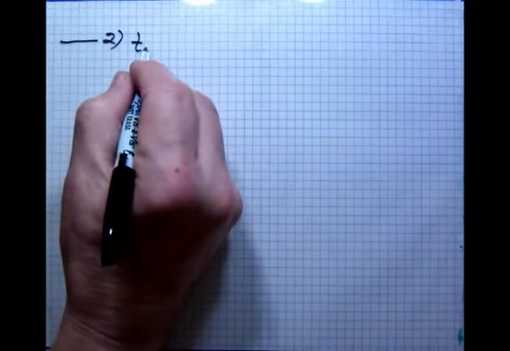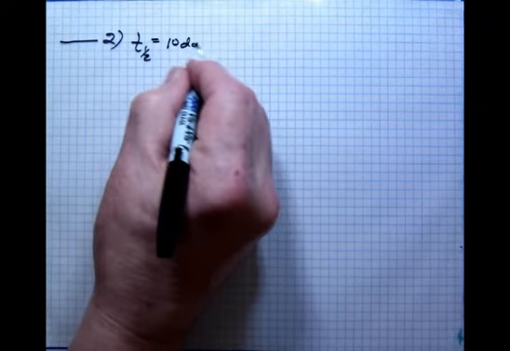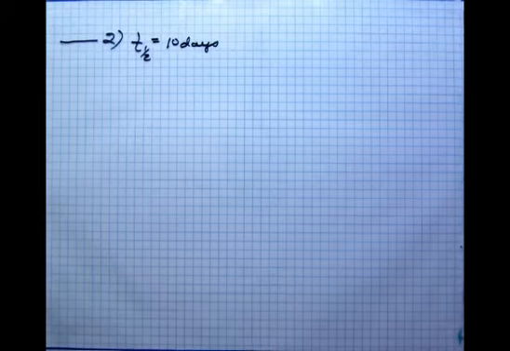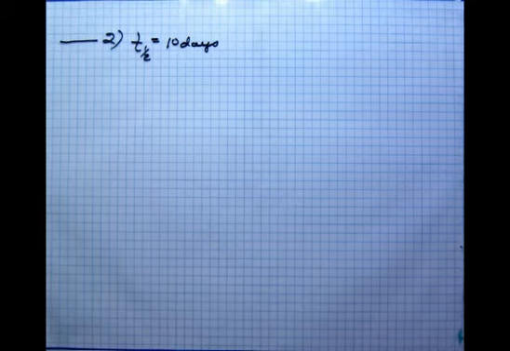Number 2. If the half-life of a compound is 10 days, okay, so they're giving us half-life equal 10 days. How long would it take for 75% of the compound to decay? Well, using the same idea,